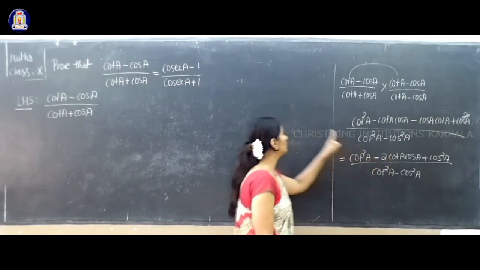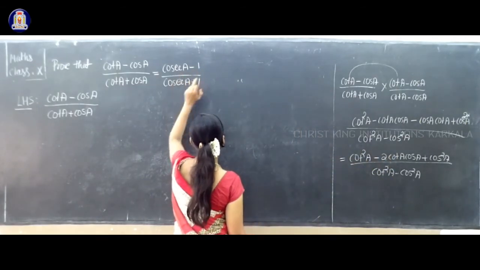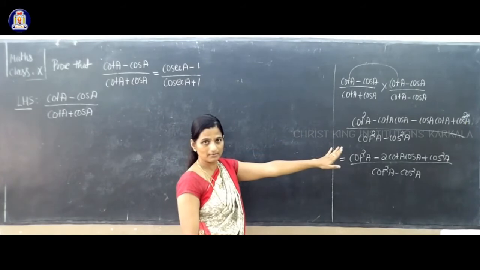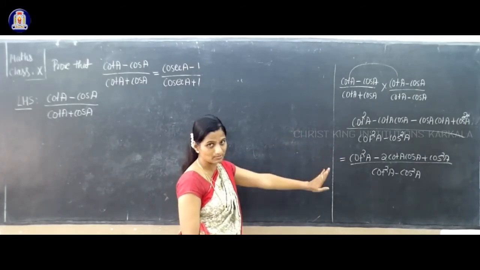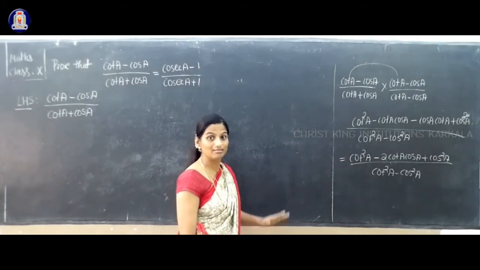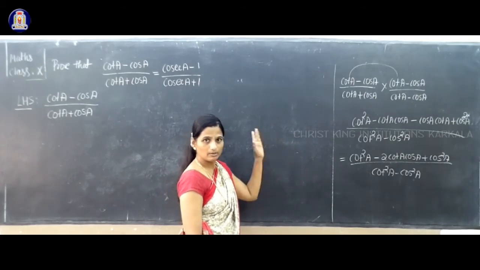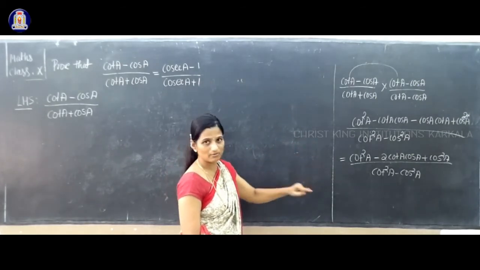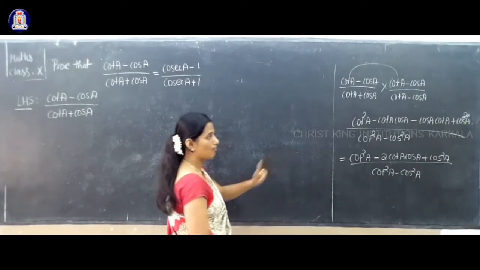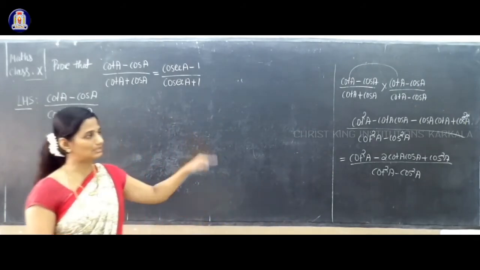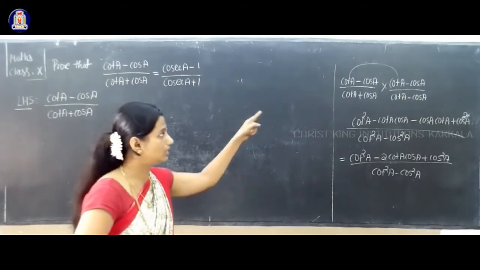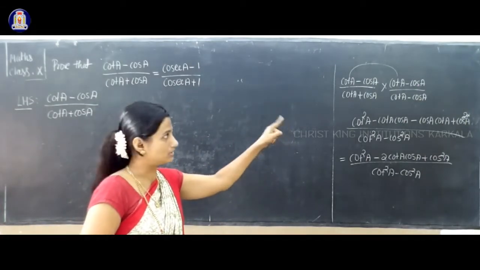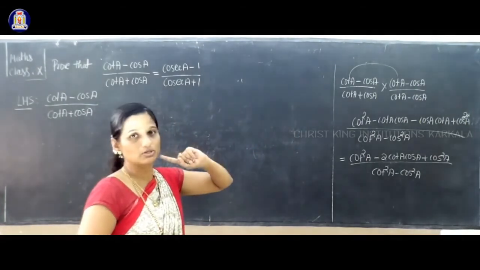So is it possible to get it in the form cosecant A minus cot A? No, that is not possible easily. It is possible, but it takes a very lengthy method. It is possible to get the answer in that form also, but it is very lengthy and complicated. After practicing so many problems, then only you can solve such types of questions. Understood?